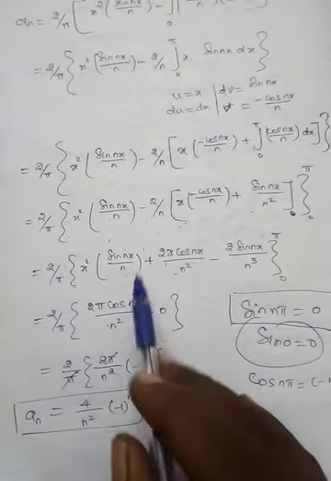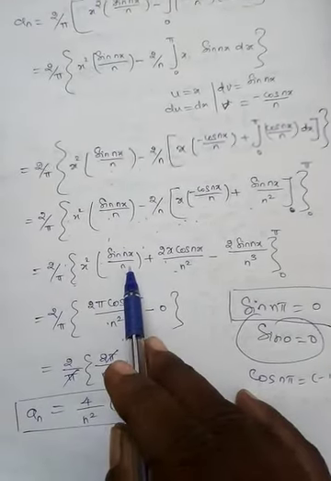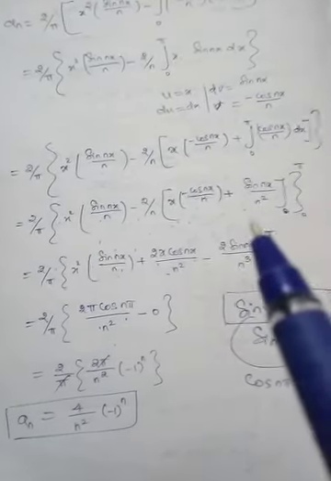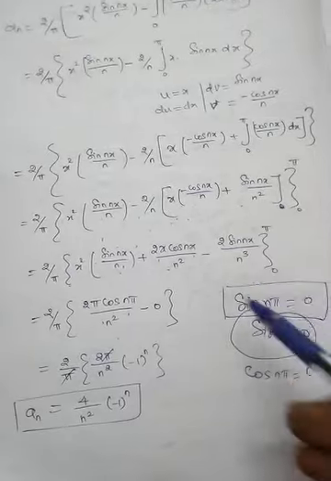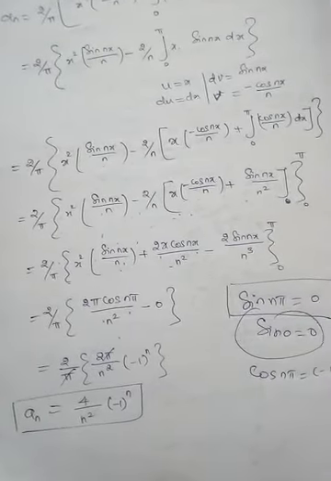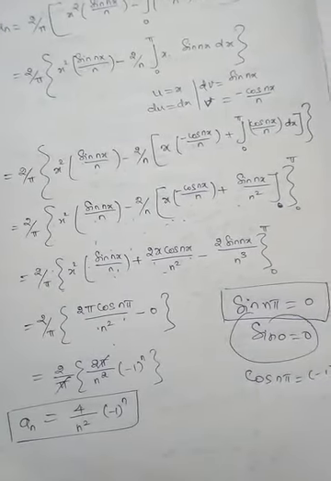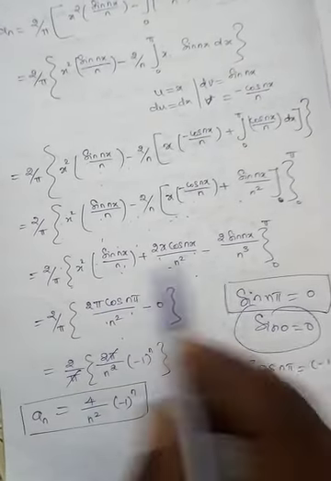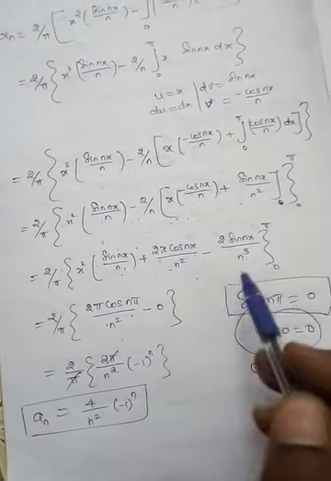I am going to substitute pi here, which gives 0 in the first term, and then here cos n pi remains the same. And then what about the third term? It will be 0. Now I apply the lower limit for the first, second and third terms. Except the second term, all the terms are sine, so sin 0 will be 0. So the first and third terms will be eliminated.